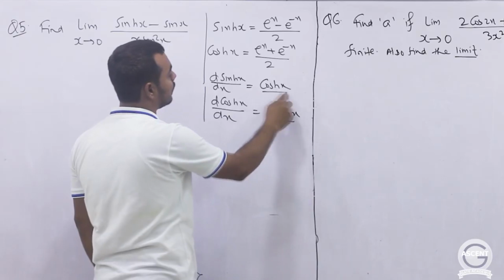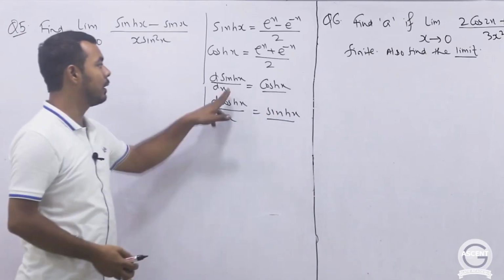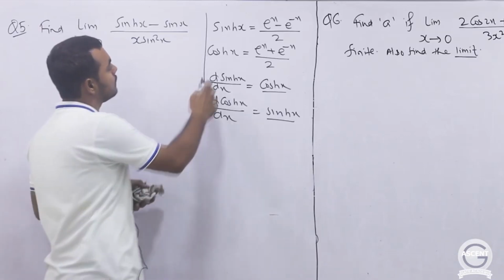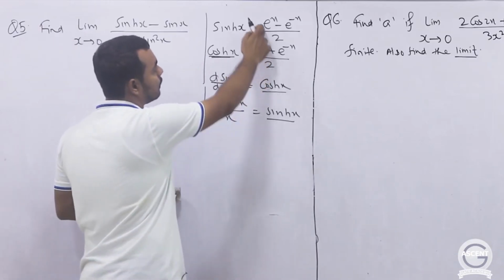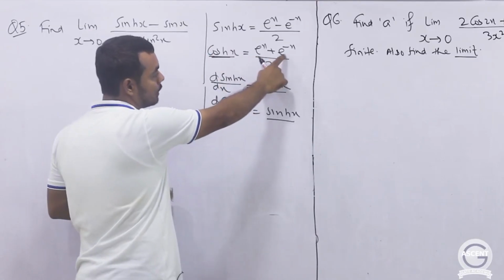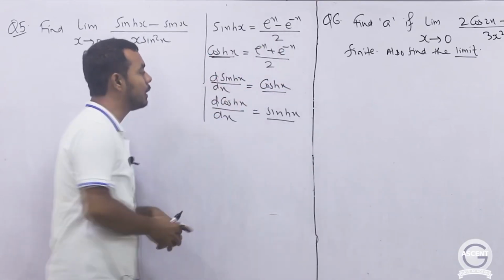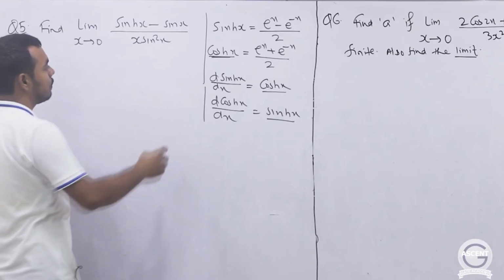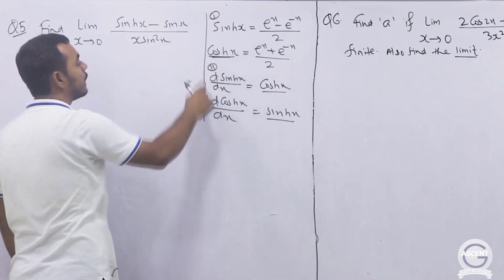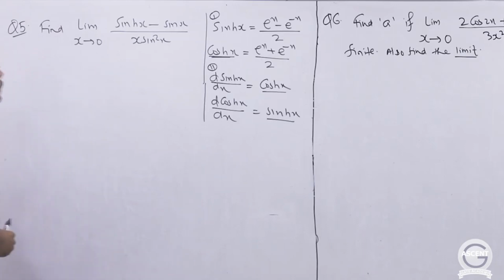Remember that here we don't get a minus sign, okay, in the derivative of hyperbolic sine and hyperbolic cosine. If you differentiate this one, then you can easily see that you will get the first function, e to the power x. If you differentiate this one, then you will get a minus sign here. So these two basic pieces of information are required. First one is the definition of these two functions, and second, the formula for their derivatives.